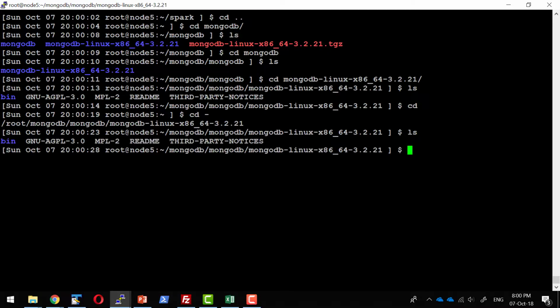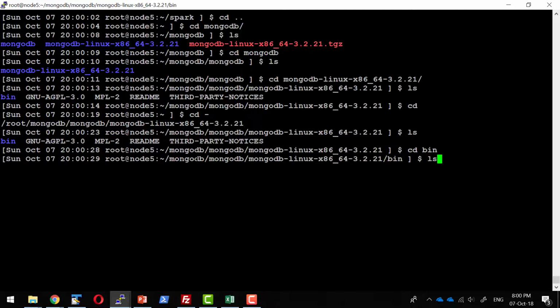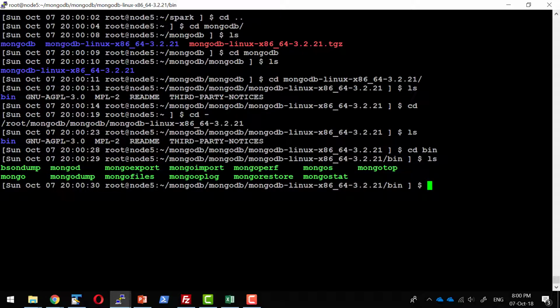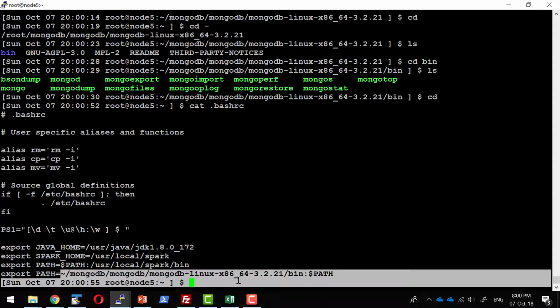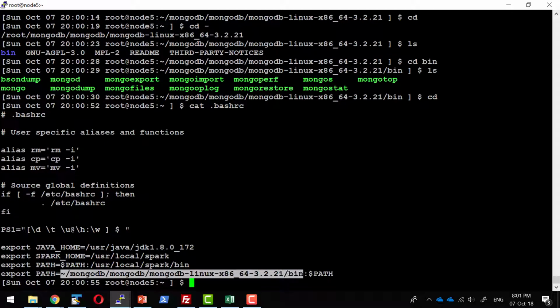So I have a bin folder. The bin folder has the commands to import any content into MongoDB, or do a bulk import or a dump into MongoDB. I'm going to use this particular command, mongoimport. To recognize this command, I'm going to add this path to the path of this system. I have exported the path where MongoDB is installed, the bin folder, along with the path. So whenever I give the command mongoimport,